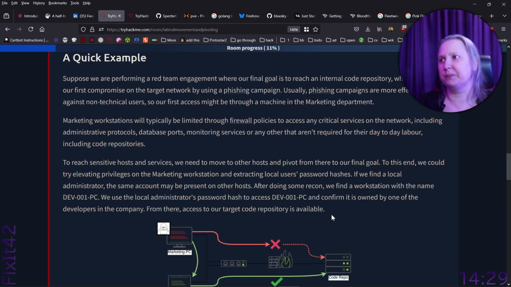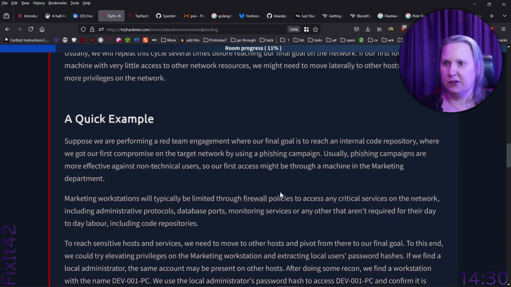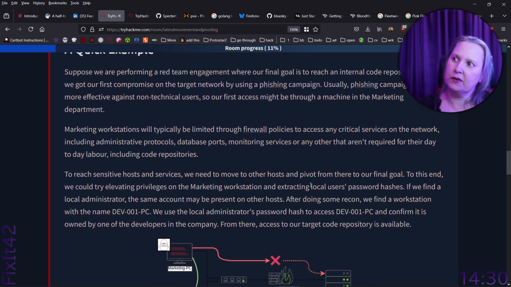A quick example. Suppose we are performing a red team engagement where our final goal is to reach a code repository, where we got our first compromise on the target network by using a phishing campaign. Usually, phishing campaigns are more effective against non-technical users, so our first access might be through a machine in the marketing department. Marketing workstations, though